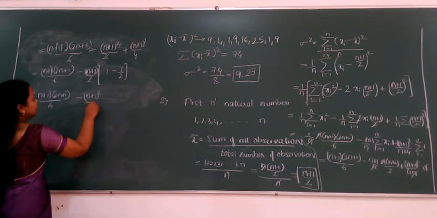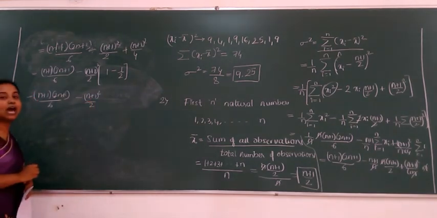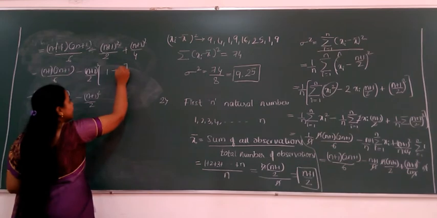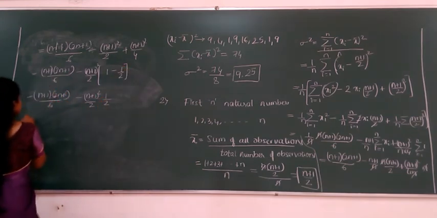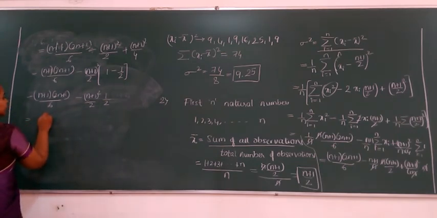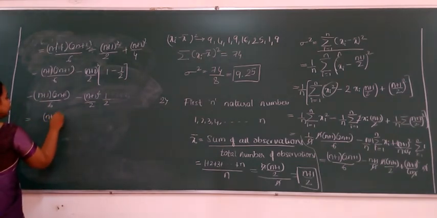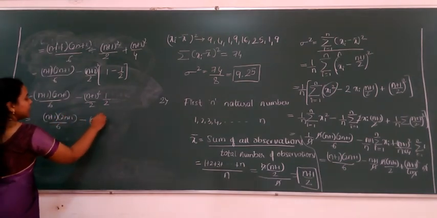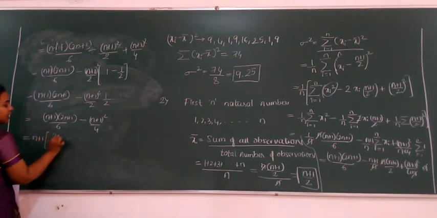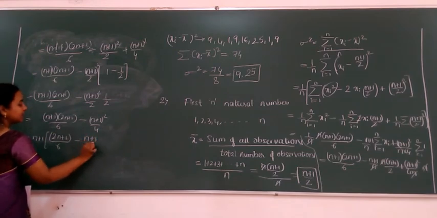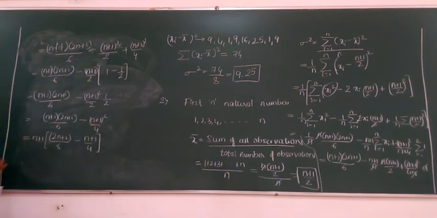So it is nothing but n plus 1 into 2n plus 1 by 6 minus n plus 1 whole square by 2, 1 minus half. That is, you are having one apple, from that you are removing half an apple. How much apple does it remain? Half. Right? So it is n plus 1 into 2n plus 1 by 6 minus n plus 1 whole square by 4. Now we will take n plus 1 as common. If n plus 1 is taken common, what does it remain? 2n plus 1 by 6 minus n plus 1 by 4, because one n plus 1 has gone out.